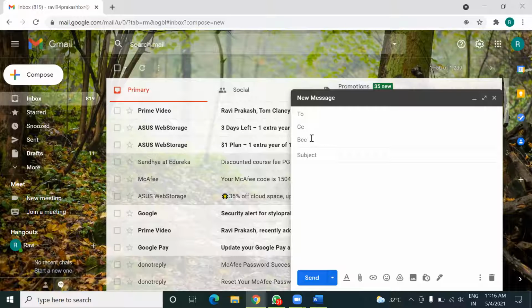But in case of CC, if you mention 5 email addresses here, all 5 persons will know about the other 4 persons receiving this same message. But in case of BCC, they will not know who the other people receiving the same message are.